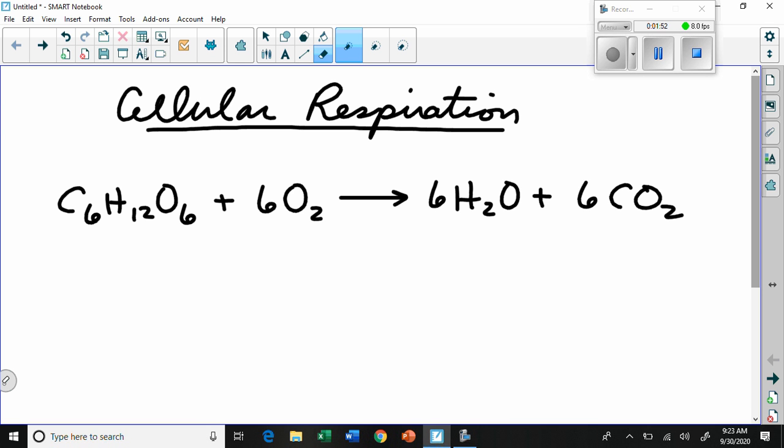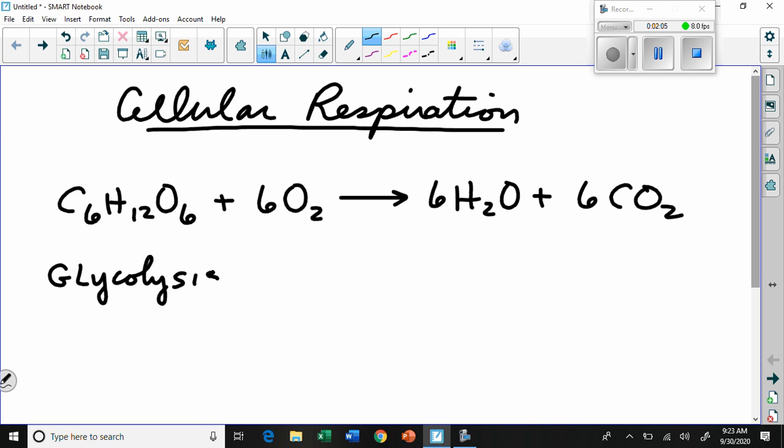So what we have to do is figure out how this process works in all of its steps and stages. We're going to look at three stages. The first stage is called glycolysis, which is the splitting apart of the glucose molecule into two smaller molecules that can then play a role in the next stage. After glycolysis, the products go into something called the citric acid cycle,